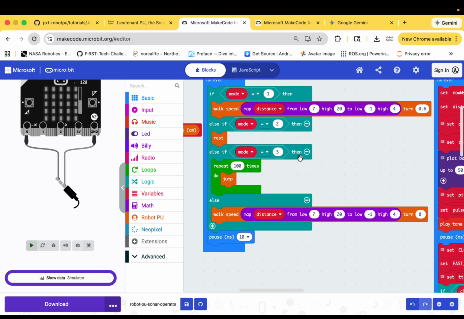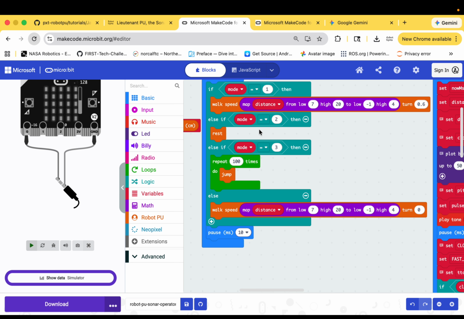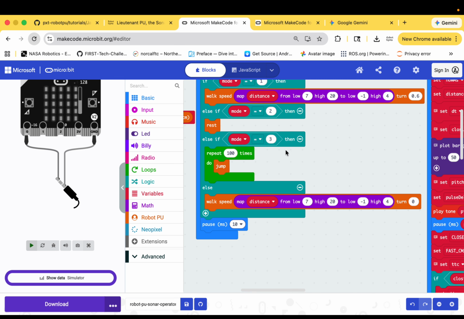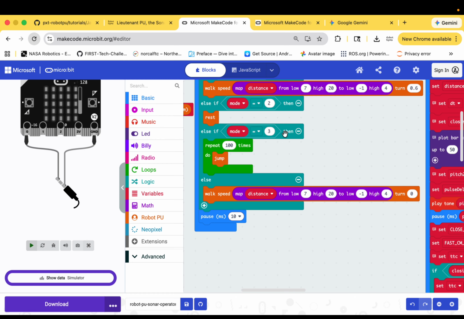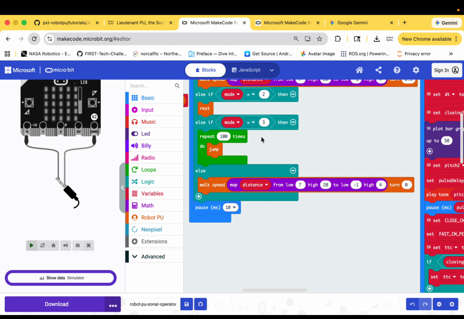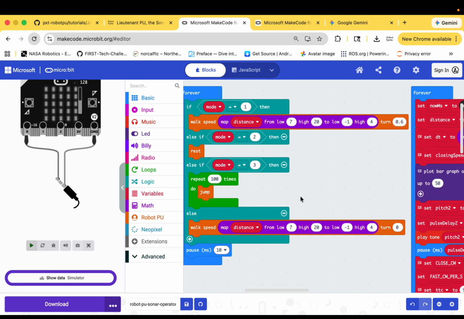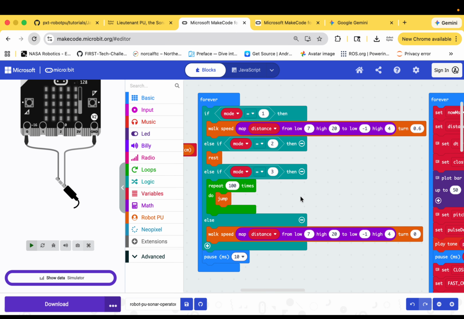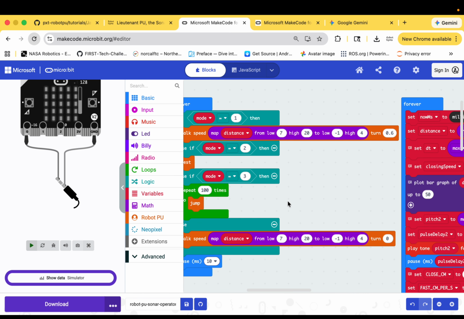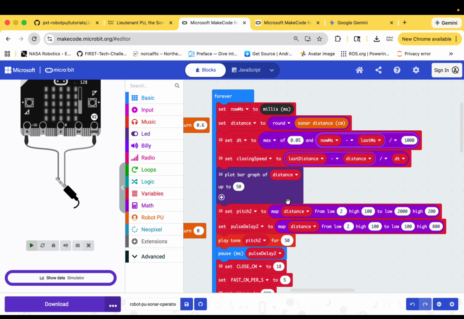The second mode is rest. When the torpedo is imminent, it will go to rest mode and just get prepared. When the torpedo is really close and about to hit Robot Pew, it will go to mode 3, and Robot Pew will start to jump, trying to run away from the torpedo. So basically that's the if-else logic. This is the decision engine for Robot Pew to take action, and